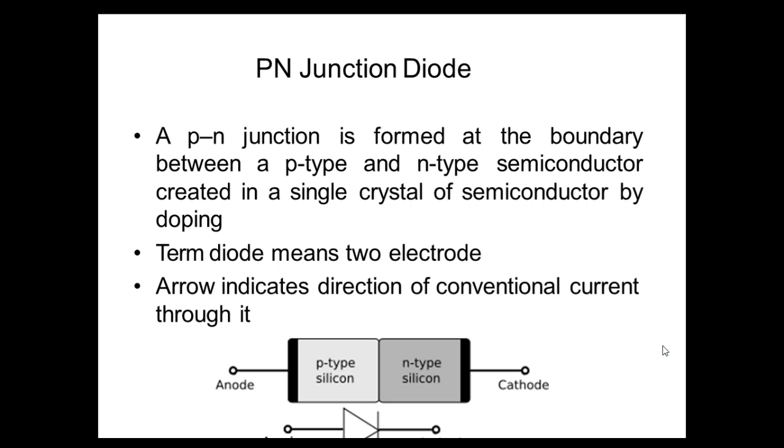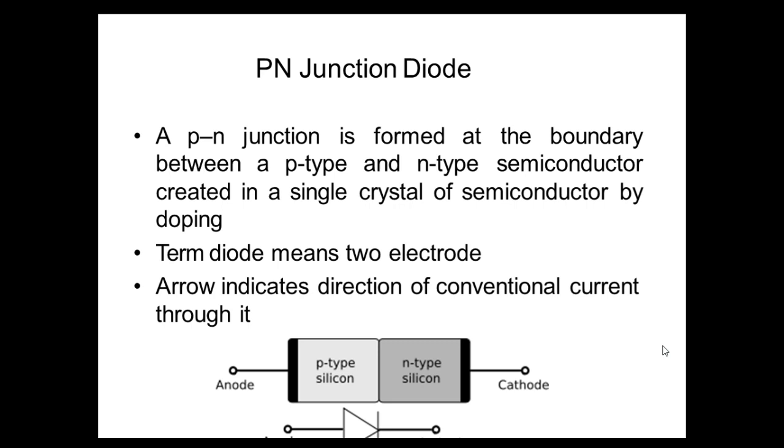From this, two metal contacts are taken out, called the anode and the cathode. From the P-type, the anode is connected, and to the N-type, the cathode. Just like positive and negative, anode refers to the positive terminal and cathode refers to the negative terminal. At the bottom you can see the diode symbol, the usual symbol of a diode. Anode is represented by the symbol A, and K is used to represent the cathode terminal. A for anode and K for cathode.